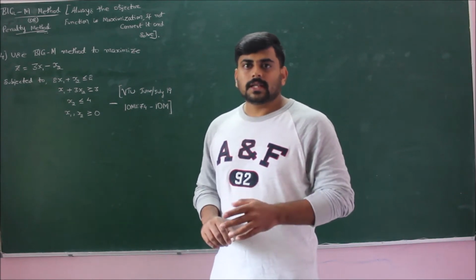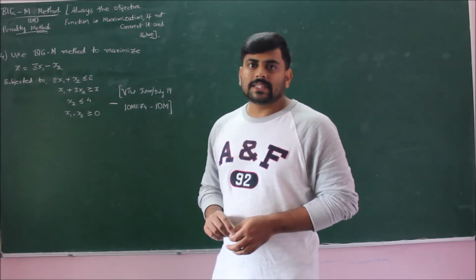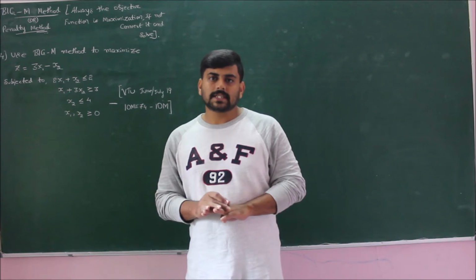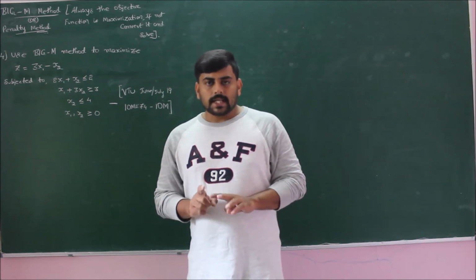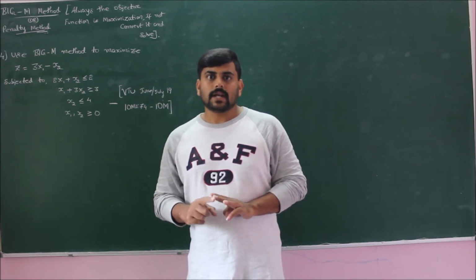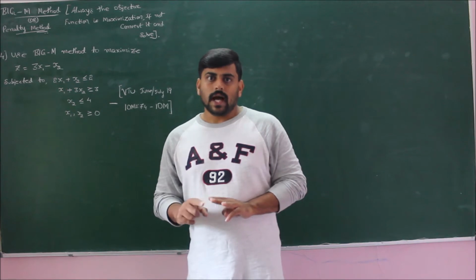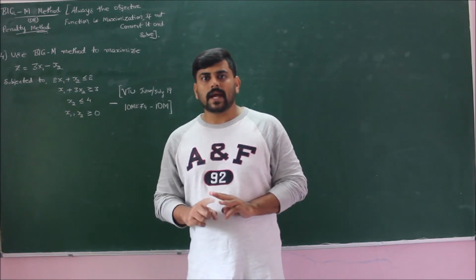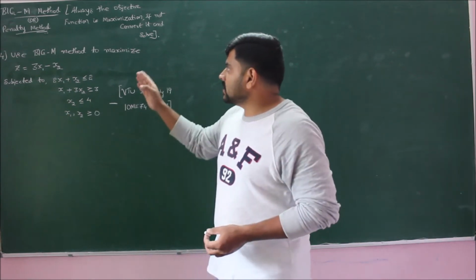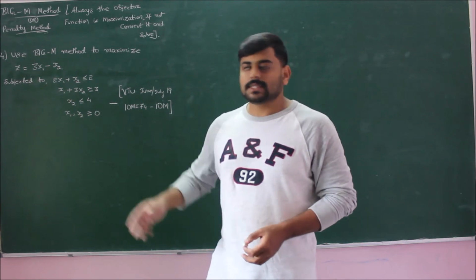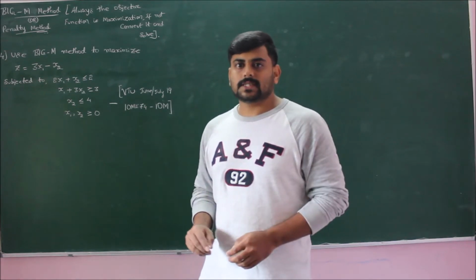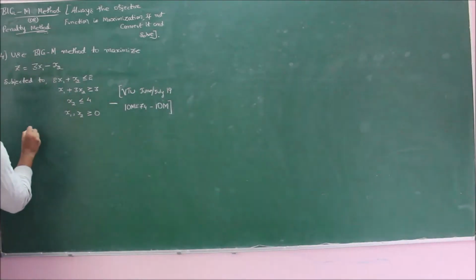As we all know, before approaching the problem, we should represent the linear programming model in its standard form. We have 3 conditions for this. In condition 1, we should formulate this into linear equations with a positive right hand side. Second, all the variables must be positive. And the third is that the objective function is to be maximization or minimization. As he has mentioned that the objective function is to maximize, there is no need to convert, and we can directly solve the problem. Let us represent the given problem in its standard form first.